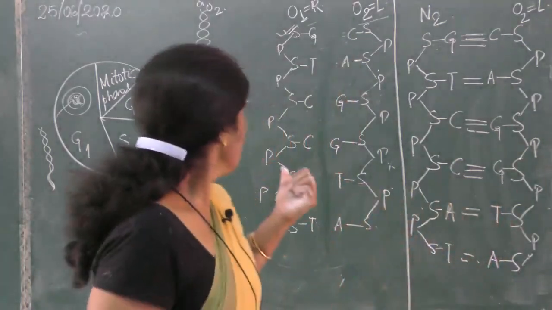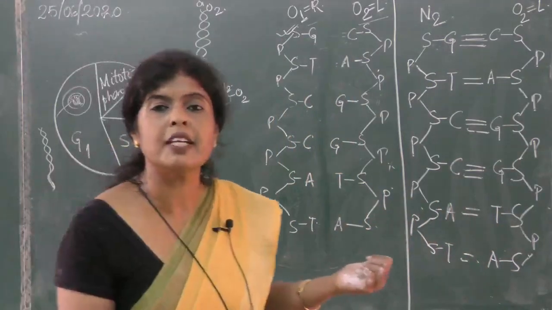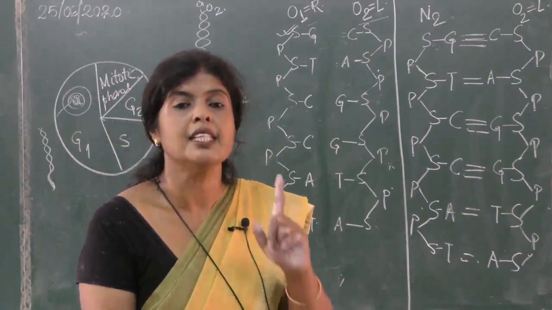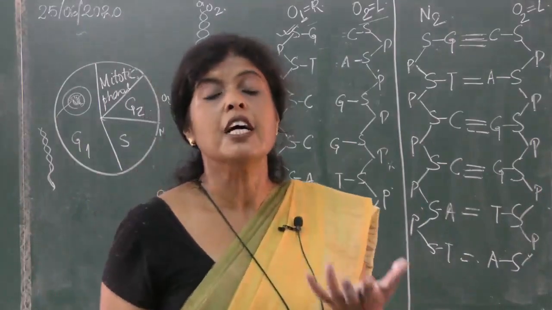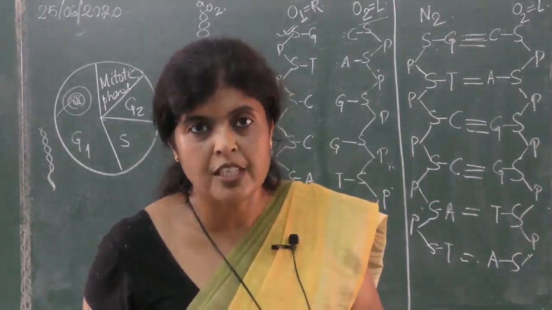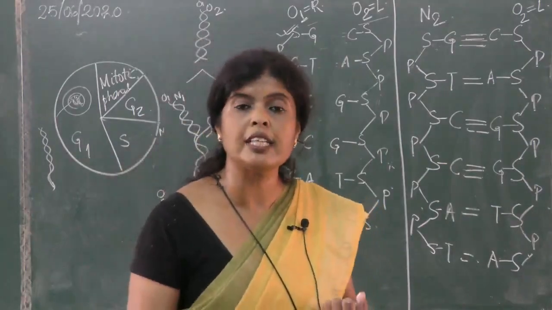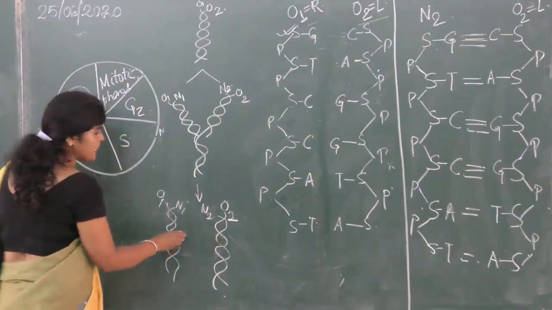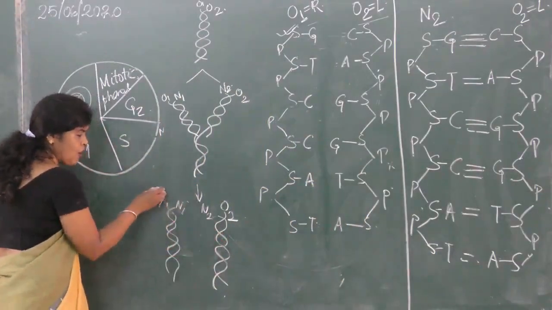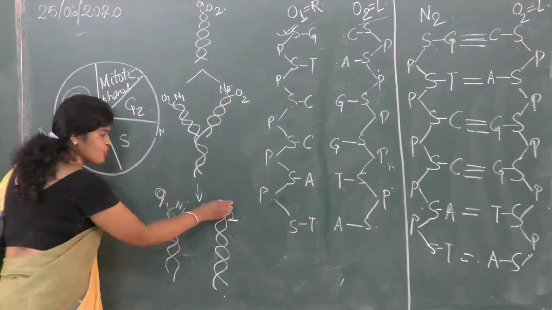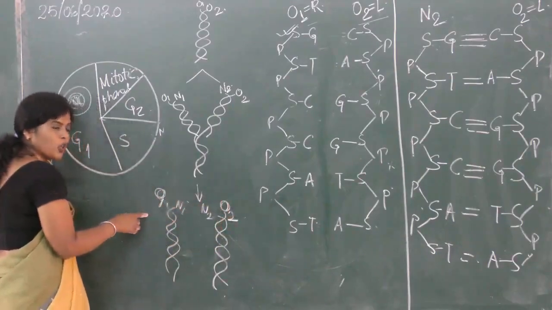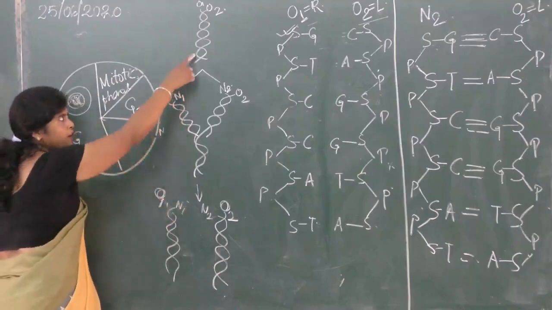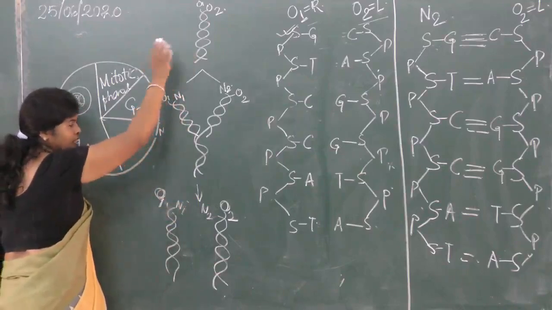So here why do we call it the semi-conservative method? Because each of the newly formed DNA, what is the meaning of conserve? Conserve means to preserve. Is it all right? To keep. Why do we call it the semi-conservative method? Because each of the newly formed DNA has one original strand. None had both the original strands. Both had one original strand from the parent, meaning the main DNA.